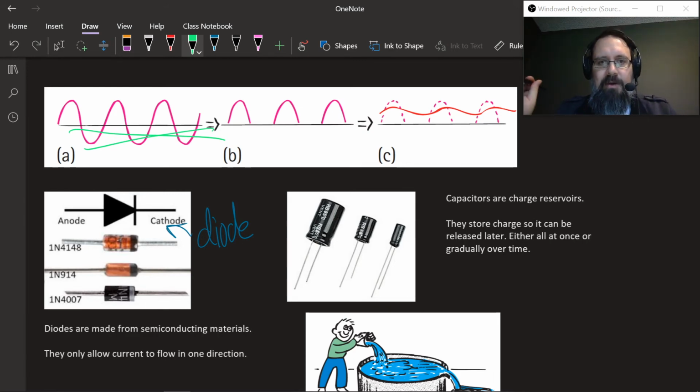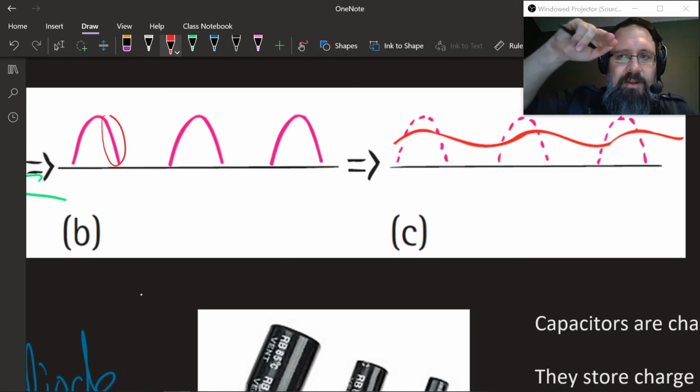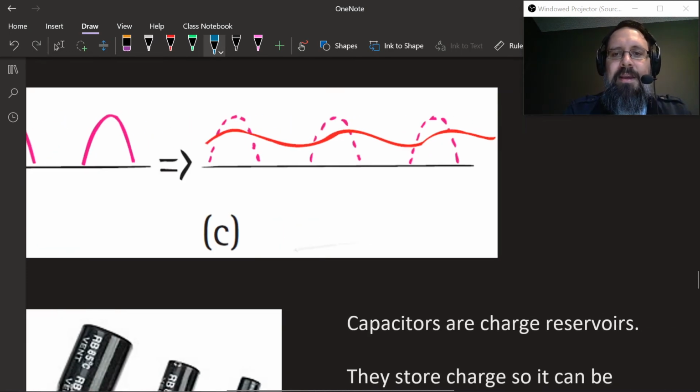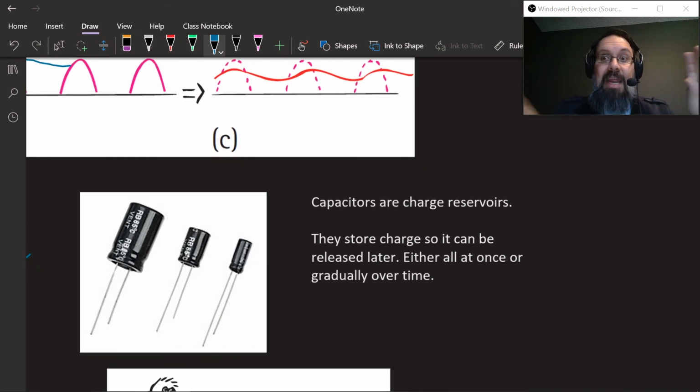Okay, so we're kind of direct now. We only have current going in one direction because the diode has restricted all the other flow. And then the second thing you do is you store up this charge, and instead of it dropping really quickly, you store it up in a capacitor and let it discharge slowly. And then that's what you're seeing over here: by putting a capacitor next to the diode, the charge that flows through the diode